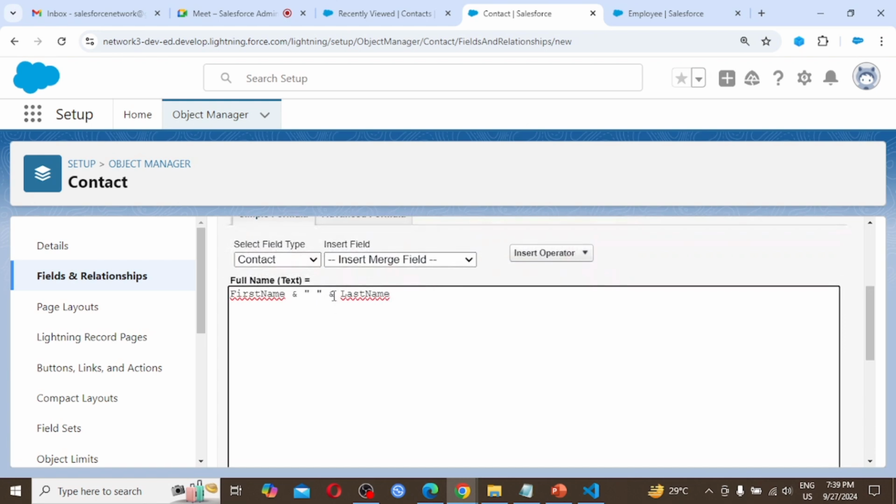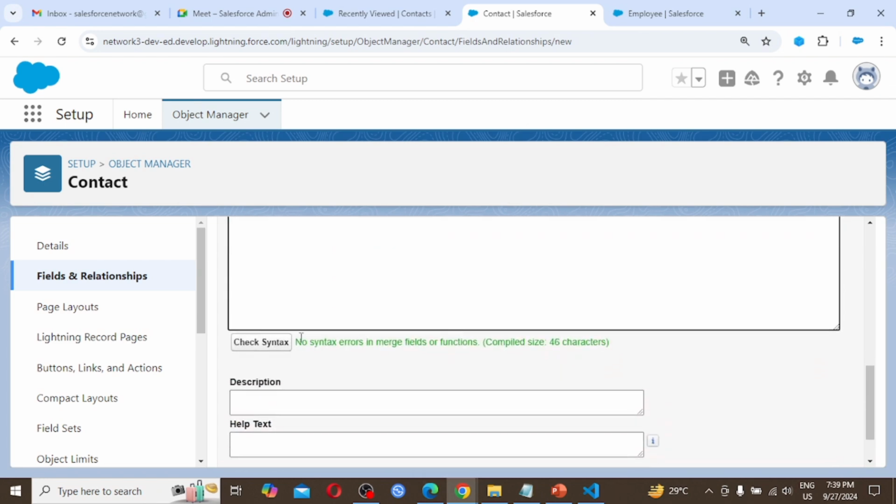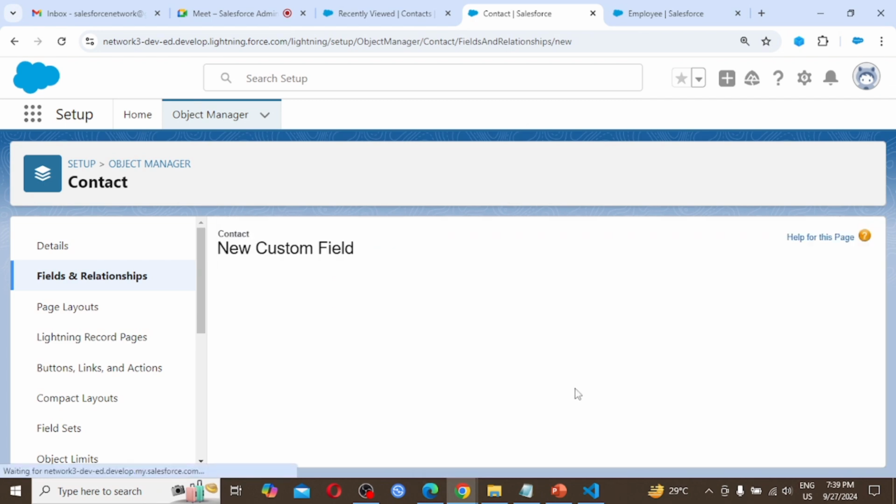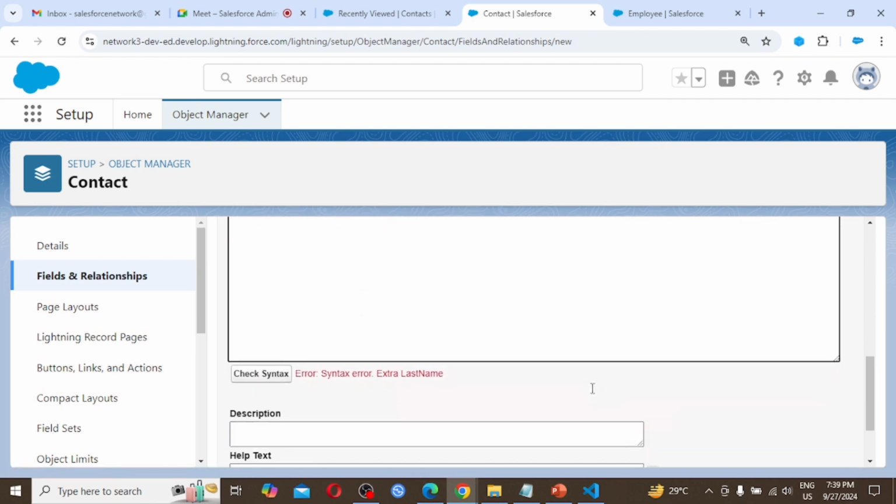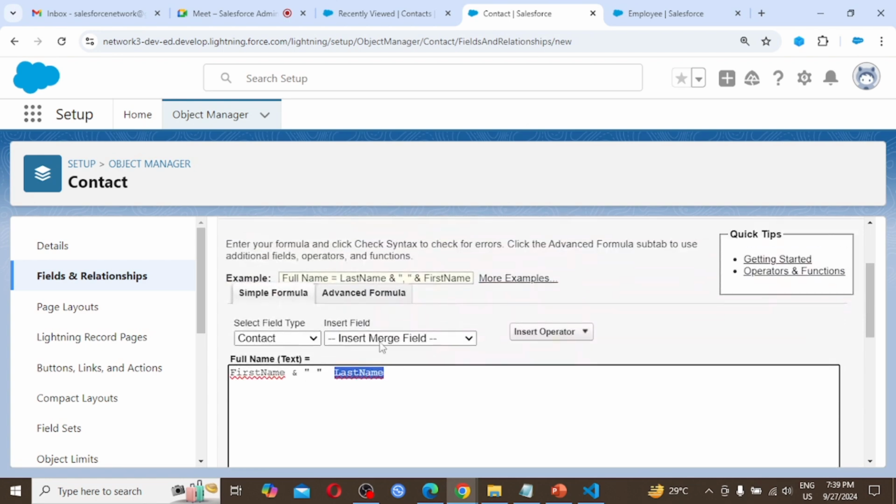So if I miss this ampersand and again check the syntax, it throws a syntax error: extra last name. It is not finding the last name, as we removed the ampersand from here.